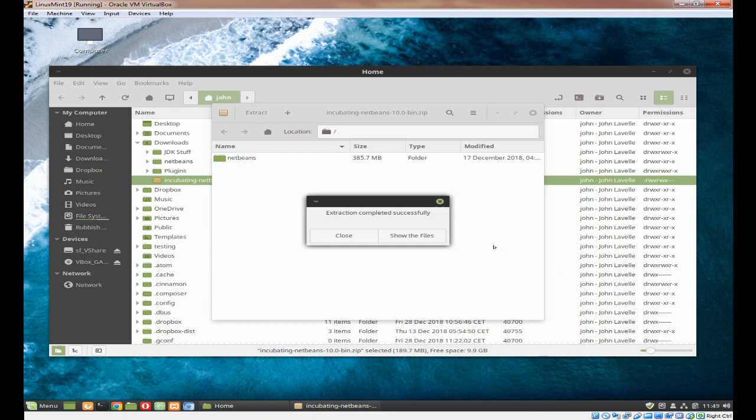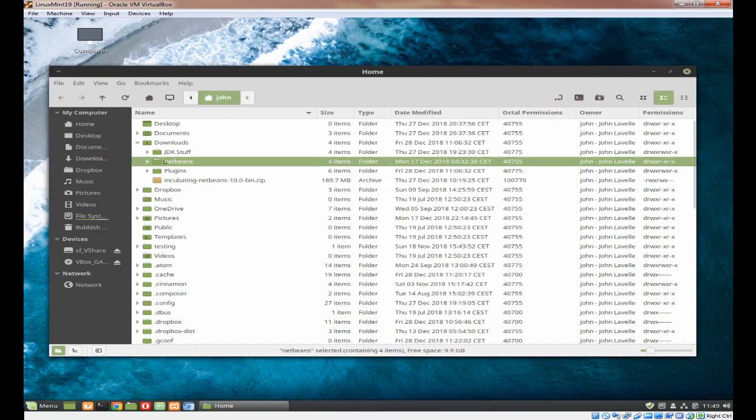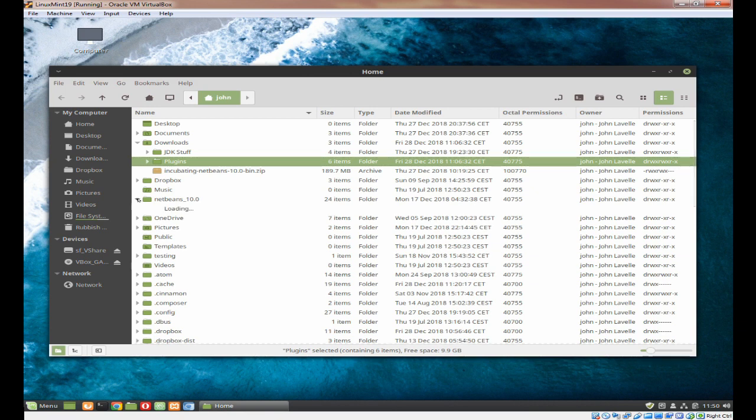Okay, so that's the extraction completed successfully, so we can close that, and you can see I now have a folder marked NetBeans. If you press F2 and the End key, we can put an underscore 10.0, and that will give us a good folder. We now need to move that into the home directory, and as you can see, we now have NetBeans 10.0 in the home directory. Open it up